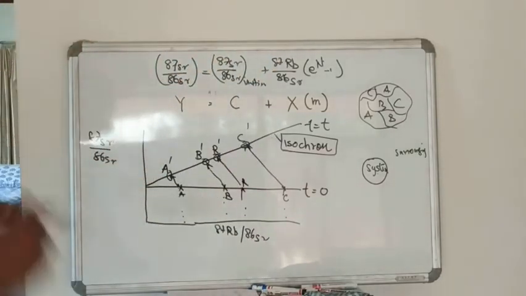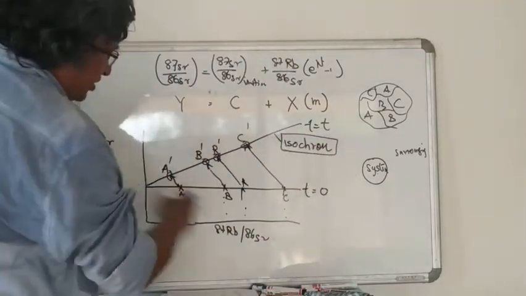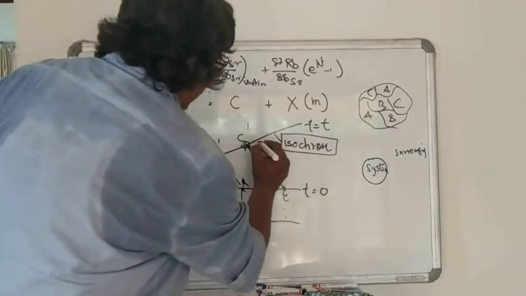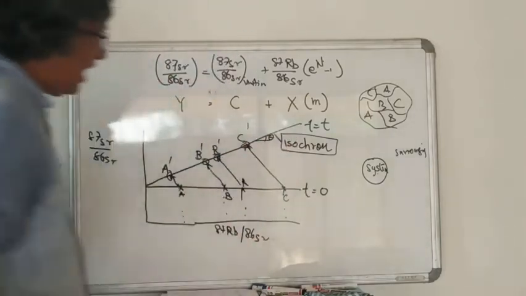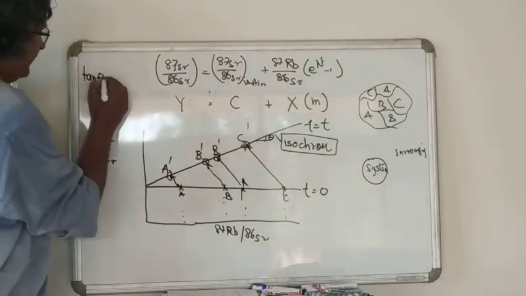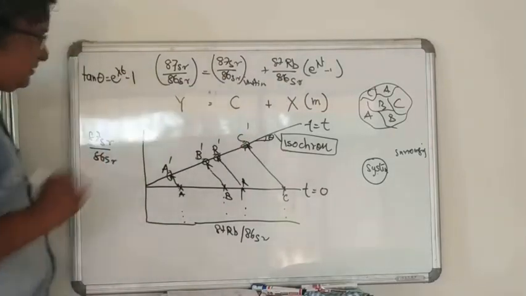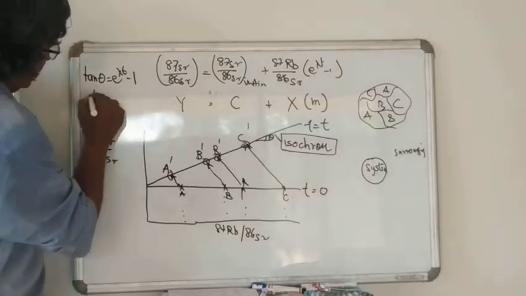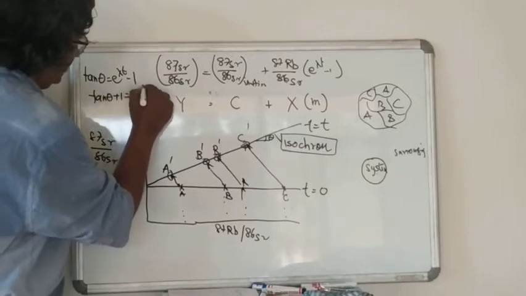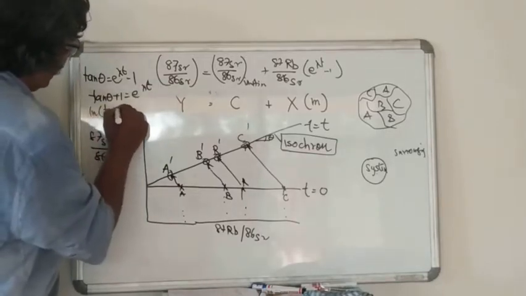Now you can see that this line, once you plot the graph for rubidium-87, you will have this line and you can find out angle theta. So tan theta is equal to the slope, e^(λt) minus 1. That means tan theta plus 1 is equal to e^(λt), or ln of (tan theta plus 1)